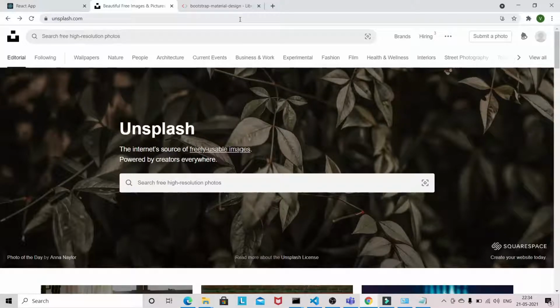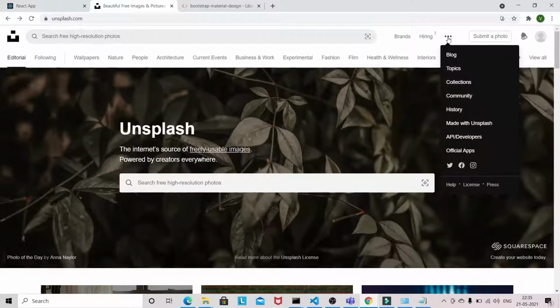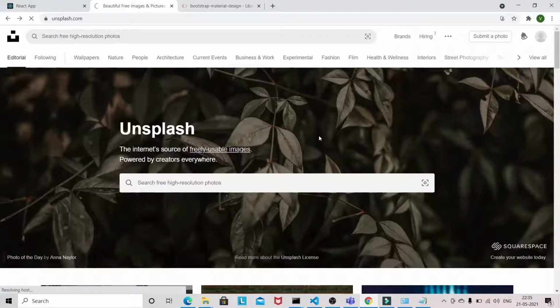Then you will receive an activation link by email, and once you click that link you will land on this page. I have already signed up on this website. After signing in, you click on these three dots and go to the API developer page.